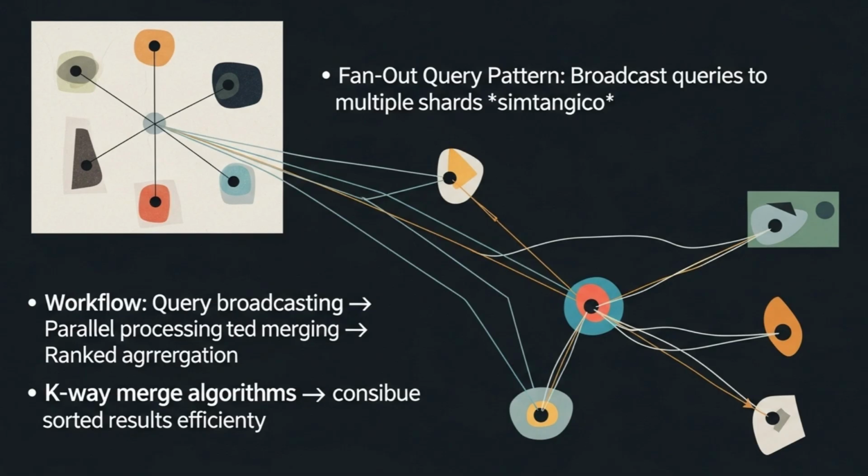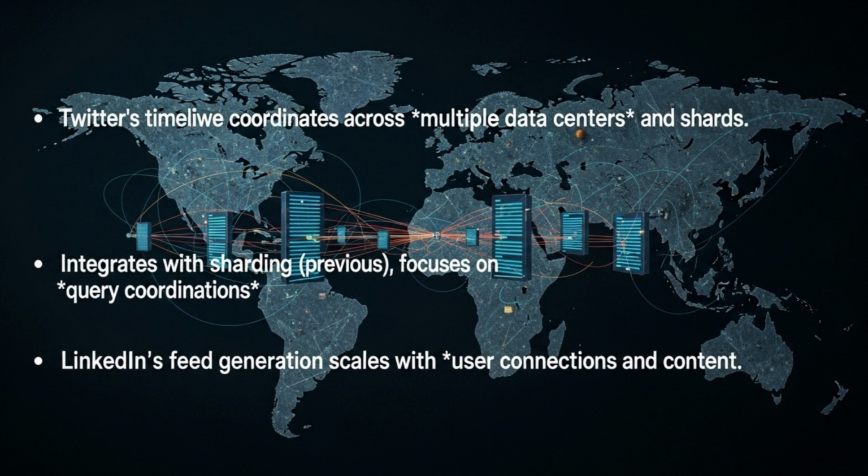This isn't just theory, it's how the biggest platforms operate. Take Twitter, for example. Their timeline generation involves coordinating across user graphs distributed across multiple data centers and numerous shards. When you refresh your feed, Twitter's service merges tweets from different shards based on your follow relationships, often across geographic